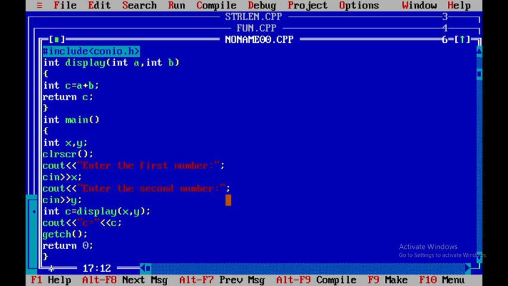A return may or may not have values associated with it. If return has a value associated with it, it will transfer the value. The value becomes the return value for the calling statement. Suppose the keyword return has a value, see here in this program it has a return value C, so associated